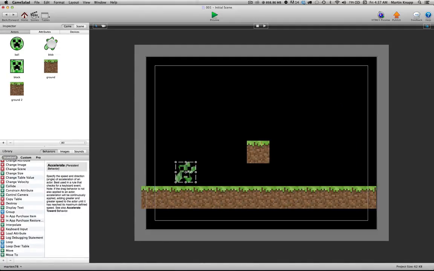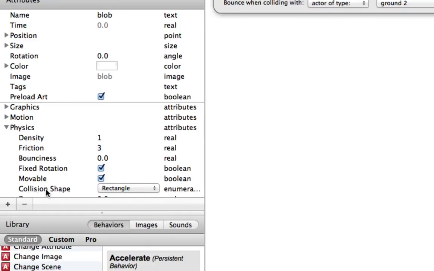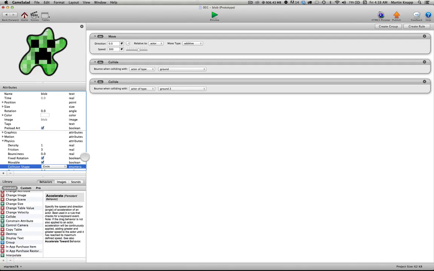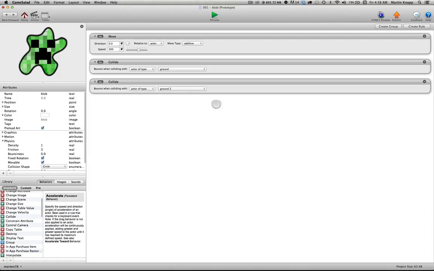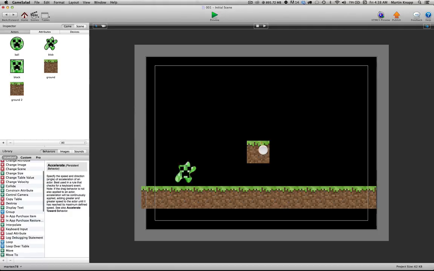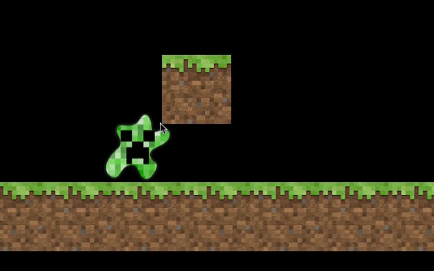So in this case, if I switch blobby guy by double clicking on him and change his collision shape over to circle, in this case also I'll get a better representation. I actually missed him altogether, so let's adjust this. Move this down a tiny bit. And then preview this. And you can see I get a little bit better of a representation,